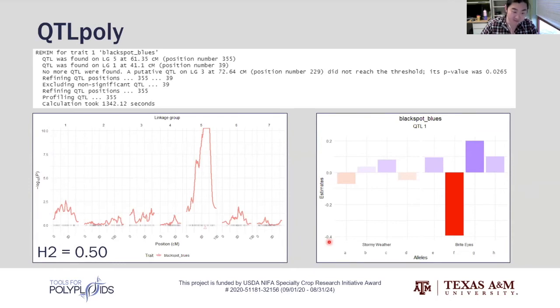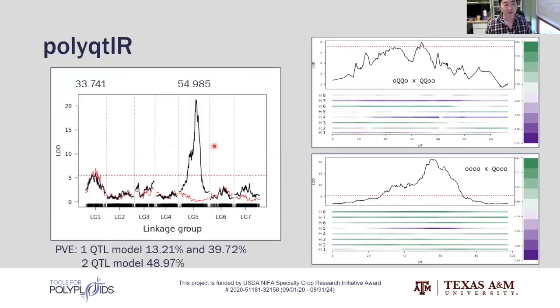And just the interesting thing, after you do all your QTL scans here, you can go back and look at your genotypic probabilities and actually your homolog probabilities, and isolate your individuals that carry this F allele. And when I went back and did that, I found 94 individuals that carry this F allele at this QTL. Looking at PolyQTLR, you see a very similar